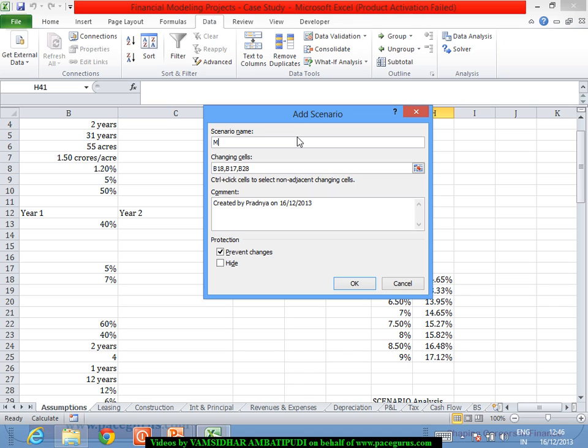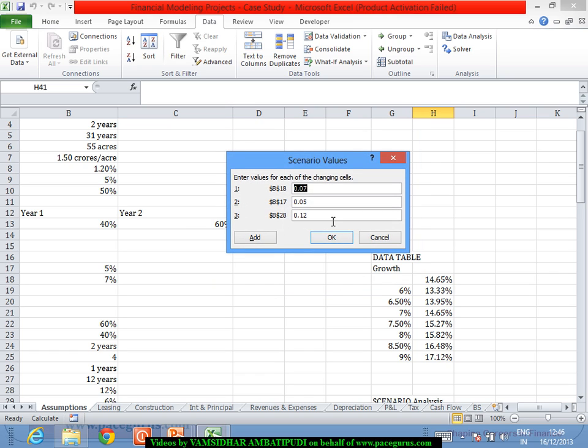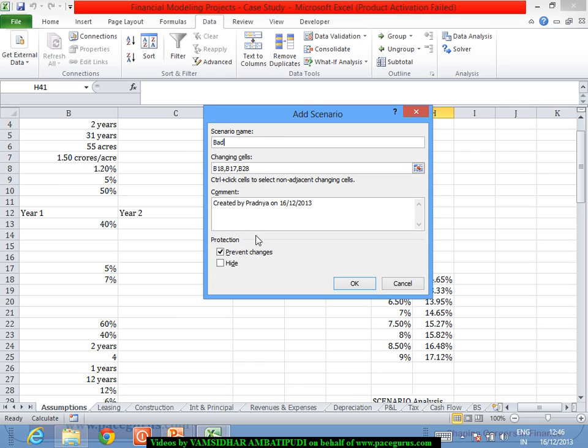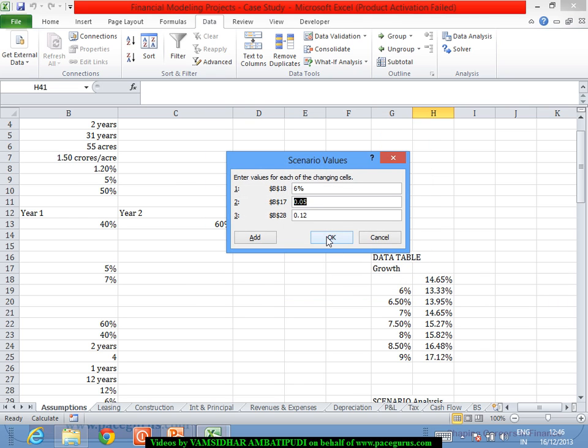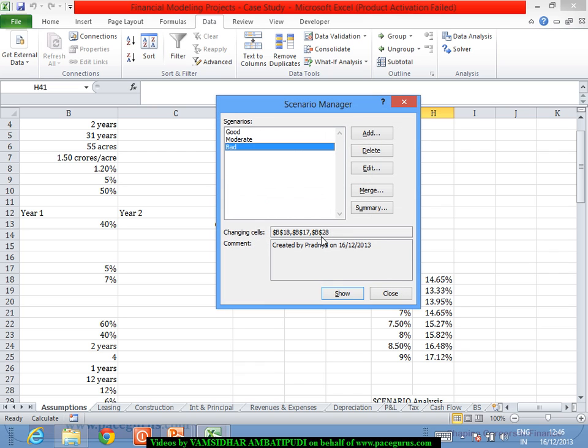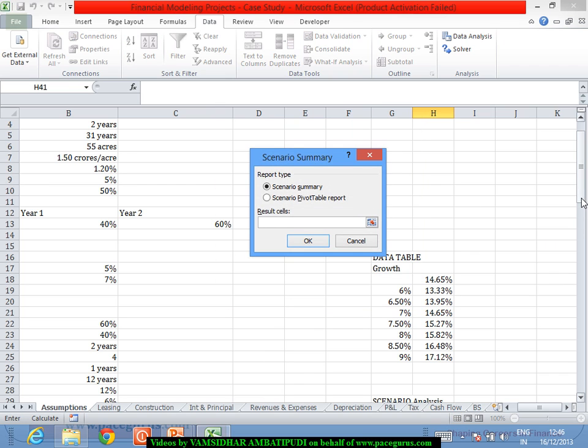Then I have the moderate scenario, wherein the rest I don't change. In the moderate I am selecting 8%, 6%, and probably 12.5%. These are the values. And probably a bad scenario wherein I am selecting 6% for the revenues, 8% for the inflation, and 14% for the interest rates. Whatever it is, you can create as many scenarios as possible, and finally you can look at the summary,